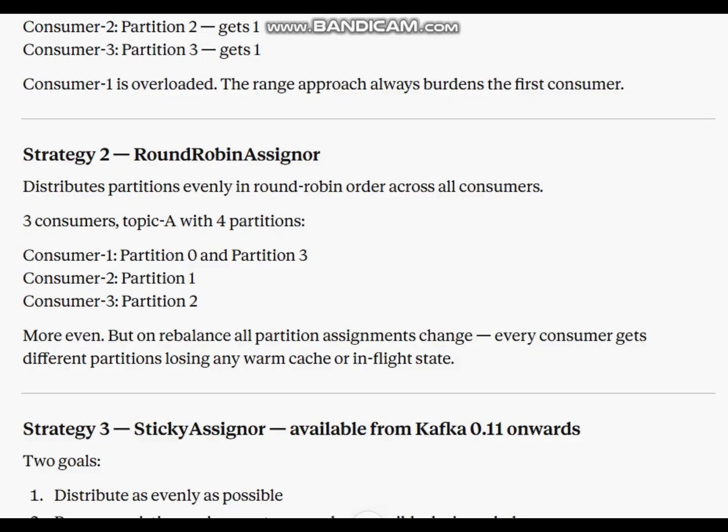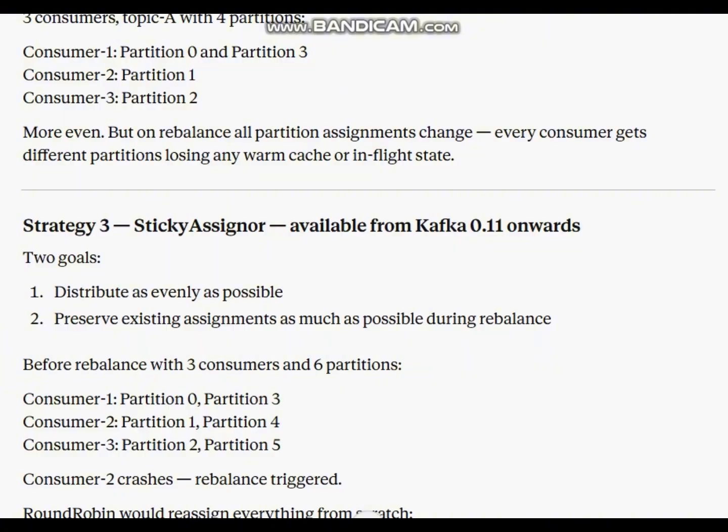Strategy 3: Sticky assigner, available from Kafka 0.11 onwards. 2 goals. 1. Distribute as evenly as possible. 2. Preserve existing assignments as much as possible during rebalance. Before rebalance, with 3 consumers and 6 partitions: consumer 1, partition 0, partition 3; consumer 2, partition 1, partition 4; consumer 3, partition 2, partition 5.